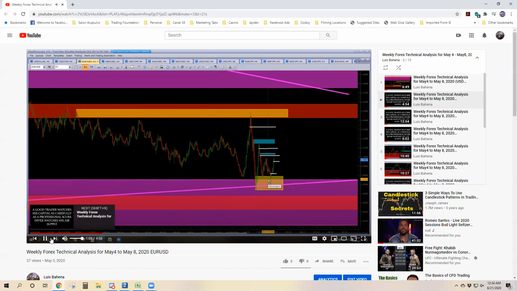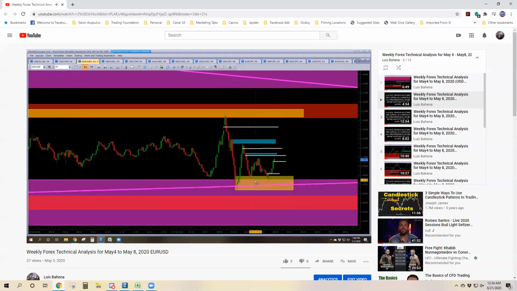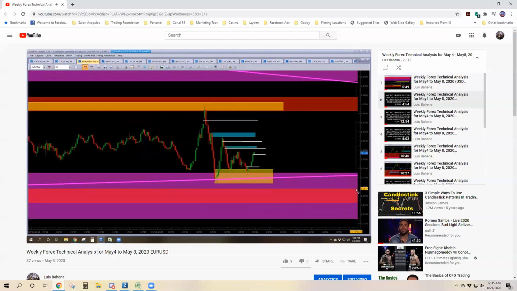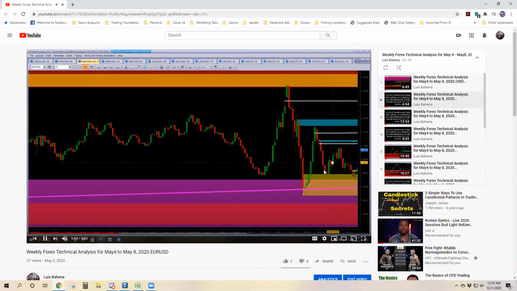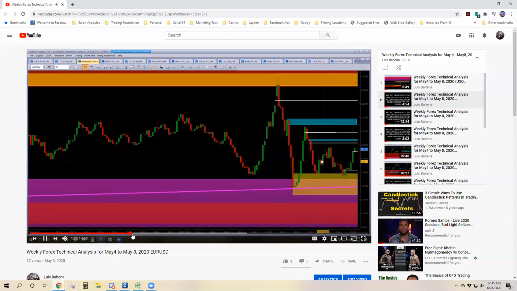Remember guys, these are my daily demands. The yellow zones are always considered dailies, whether it's that demand or that supply up there. This was created back on May 3rd, guys. At that area of support, we created daily demand as well. And last week we were talking about how this could possibly be short-lived if the dollar didn't. Let's fast forward a little bit, and you'll notice how this was